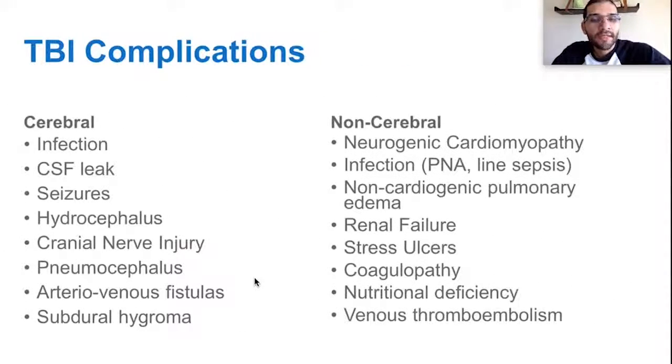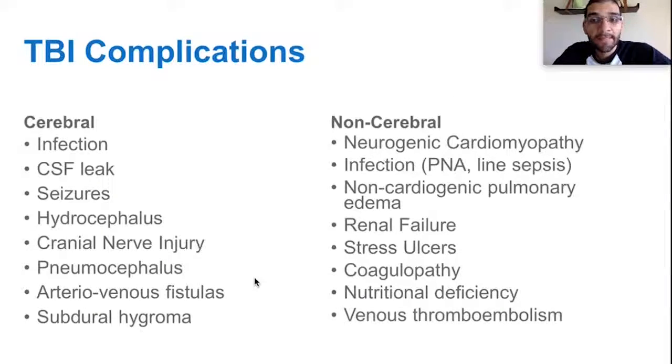Now I'm going to turn your attention to traumatic brain injury complications. So there are cerebral complications. For example, you can have an infection in the brain, a meningitis, or an abscess from some sort of penetrating trauma. You can have a CSF leak, you can have seizures, hydrocephalus, a cranial nerve injury, a pneumocephalus, or air